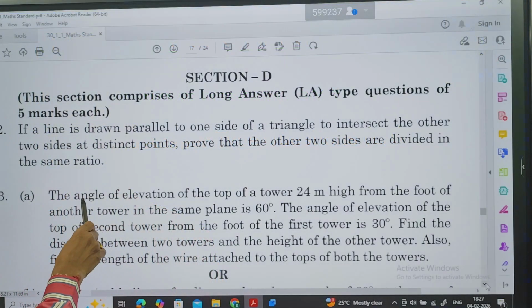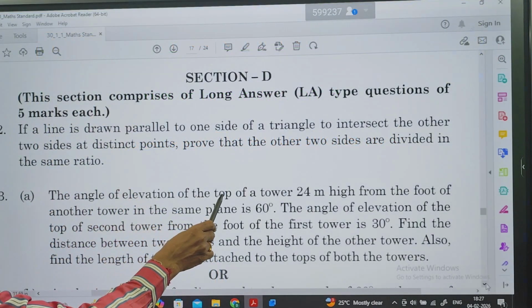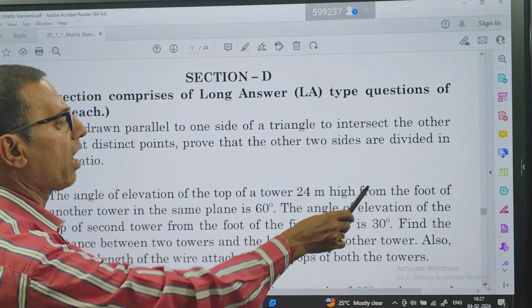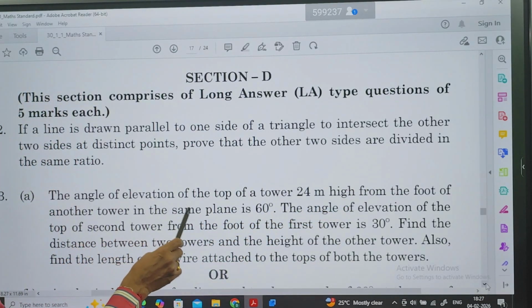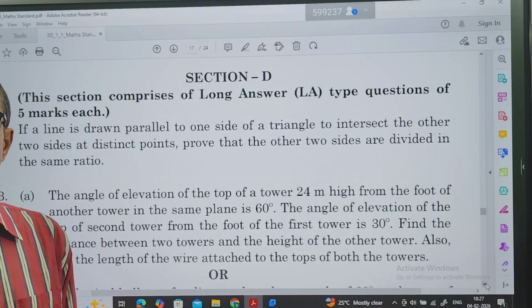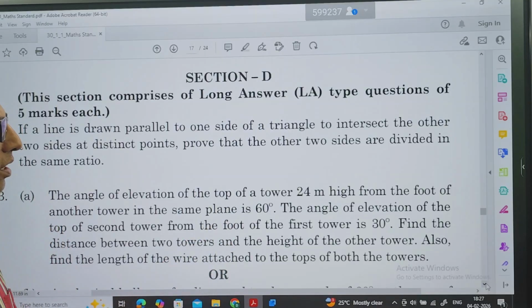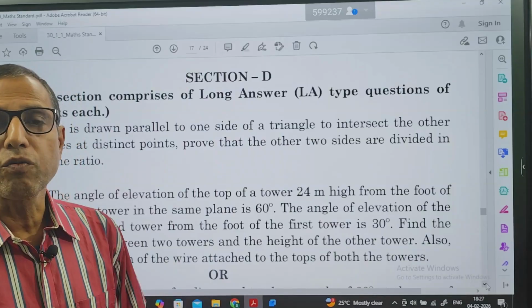So what is this question? The angle of elevation of the top of a tower 24 meter high from the foot of another tower in the same plane is 60 degree. You know already angle of elevation, right? Several times I said while I have taken the trigonometry classes